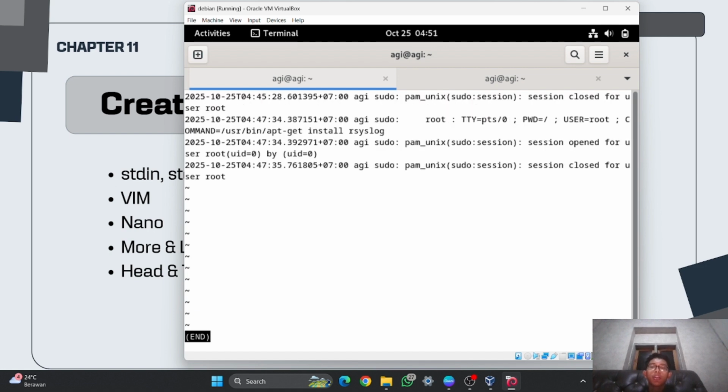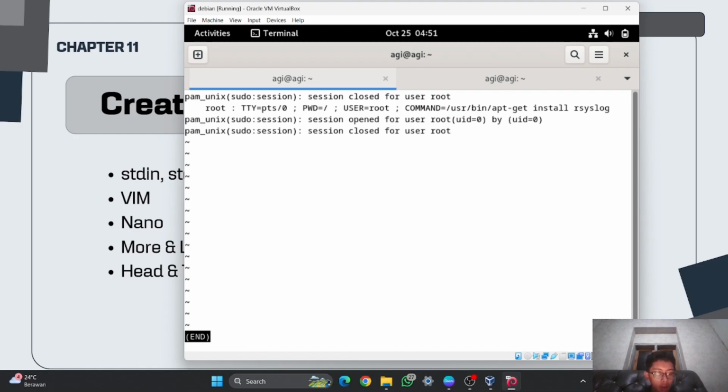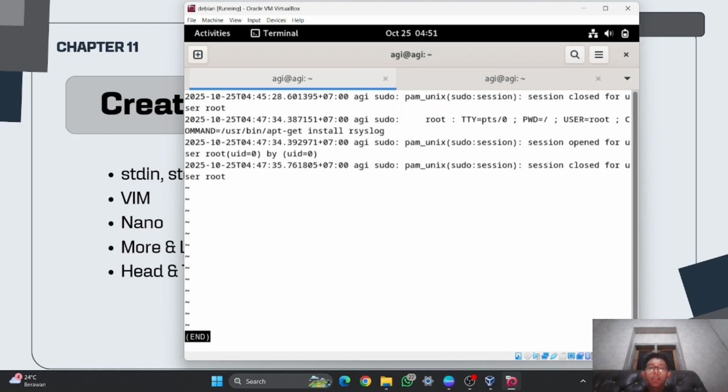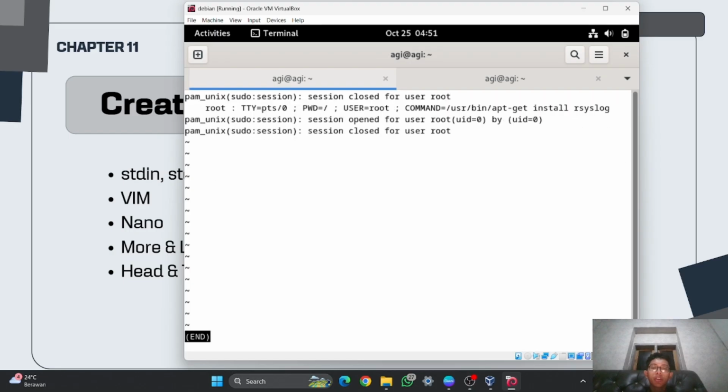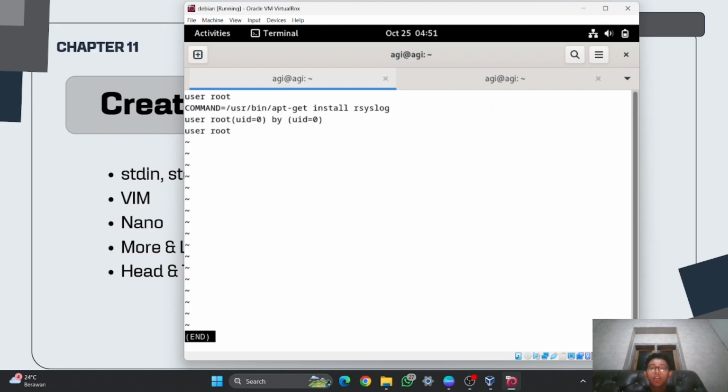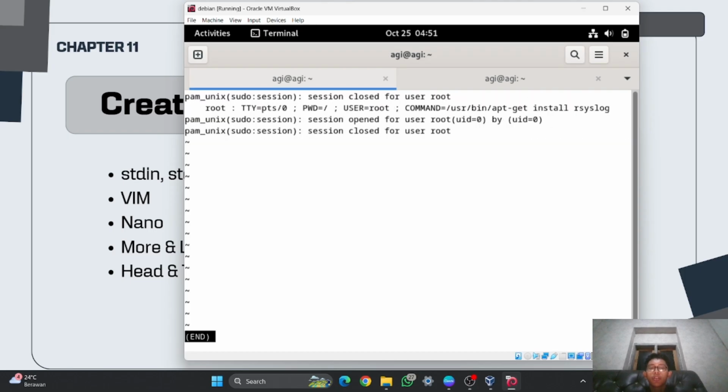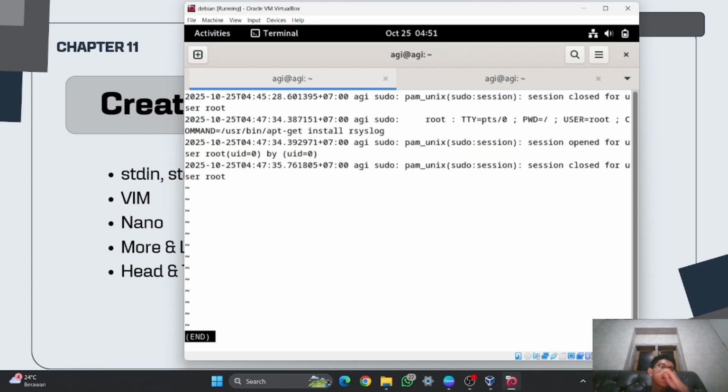You can use the right arrow and then the left arrow. This one is the first page, this one is the second page, this is the third page, and you can go back to the previous page again using the left arrow. So less is more efficient to use if you want to see information that is long, like this one, Outlook. And I will just quit again.